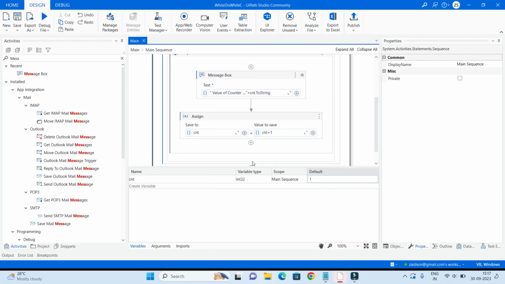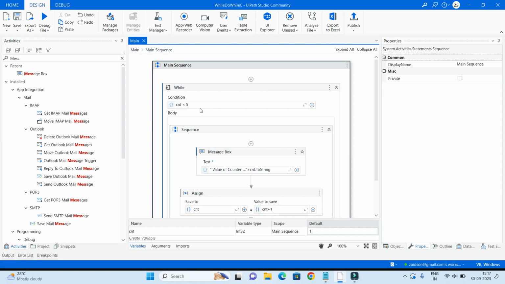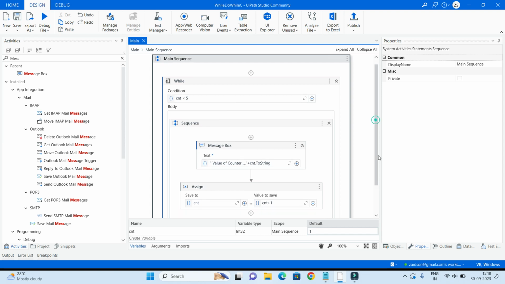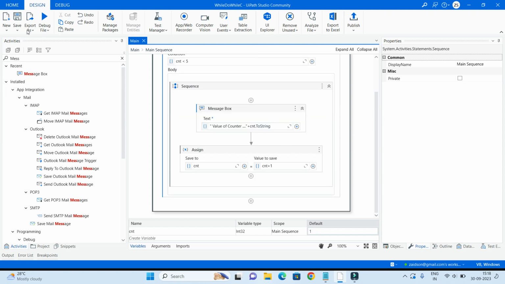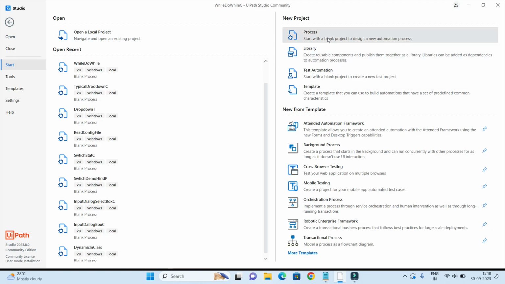So like this it will work. First you need to add the while, and you declare one variable, and for that variable you put the scope as the main sequence, and you need to give the initial value as 1. You need to use the integer data type here, because we are checking the integer value. So like this it will work. Hope you understand. Now I'll create one more project for the